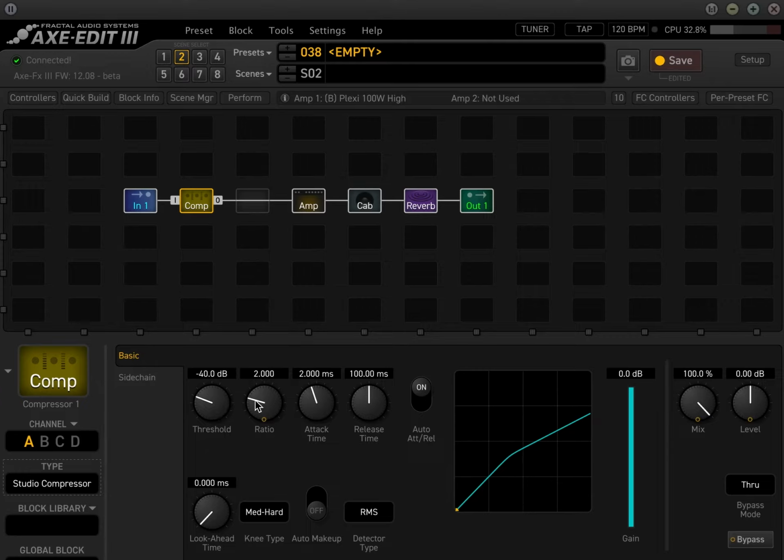And the reason why this happens is you can even visually see it. If I turn the ratio to infinite, what happens is as the guitar approaches this threshold, which is determined by this knob, anything after that is going to be the same volume. Now, if you are playing a note and it's going to be the same consistent volume over this long release time, then it actually translates into sustain on the guitar. So for example, if I play just like a bend into this amp,